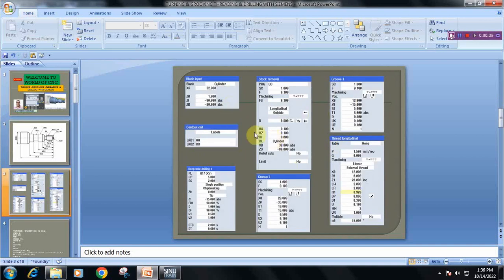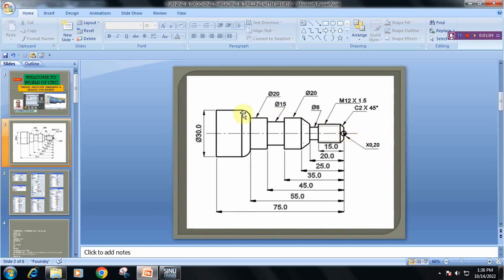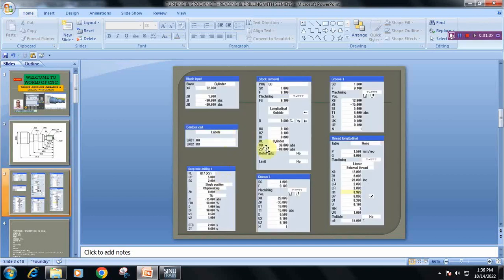First of all, we need to set all these parameters one by one. First we have to set the raw material parameters like maximum diameter, maximum length, maximum machining length, what is the facing allowance. These parameters are to be set first, and then we are calling the label. That means the contour call we are calling. We will get a label AA and BB. So in between this AA and BB, this profile values, contour values will come, and then simply we are calling the stock removal page, and we have to set all these parameters